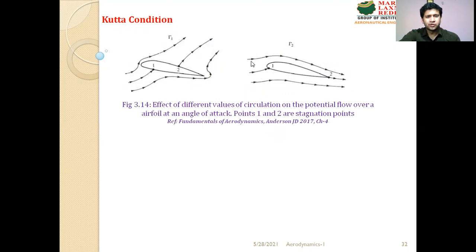One is at the leading edge and the other is at the trailing edge. Here the flow is smooth. Whatever flow is coming from the leading edge is slowly passing over the two surfaces, and at the trailing edge it is not mixing. Whereas here, in the case of circulation 1, we can see there are two stagnation points, 1 and 2. Here the flow is turbulent. It doesn't have any pattern. It is going turbulently in any direction which it feels. But here we have a very smooth flow from leading edge to trailing edge.